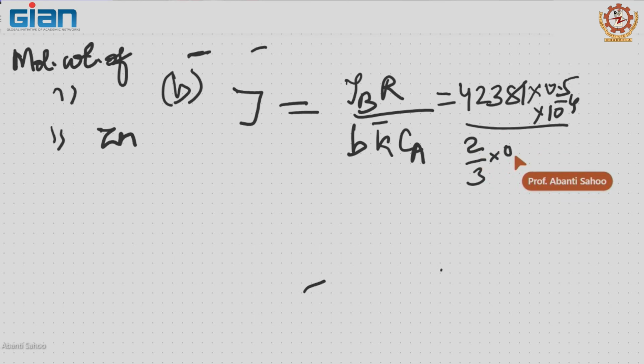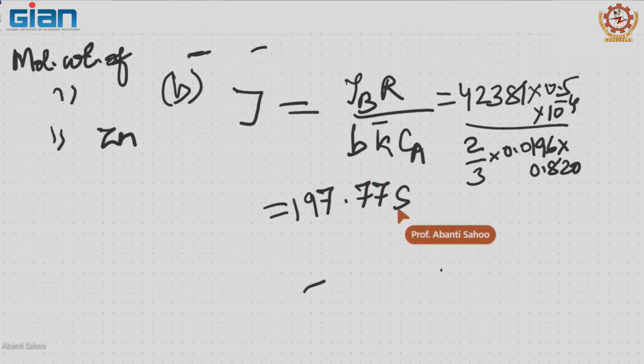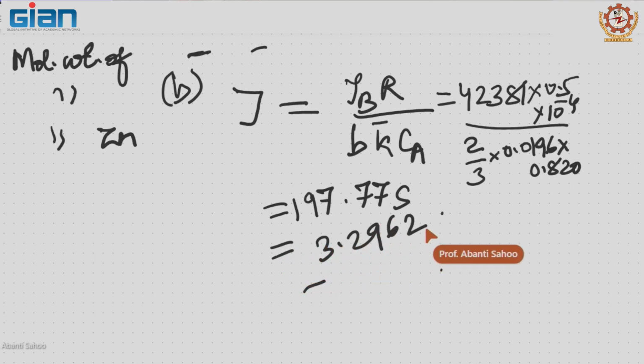0.0196, 0.0196 into C A, that is 0.820. So, this is coming 197.77 second. So, thus we can say 3.2962 minute. So, with the size difference, see everything else remaining same, you can see for the size difference here